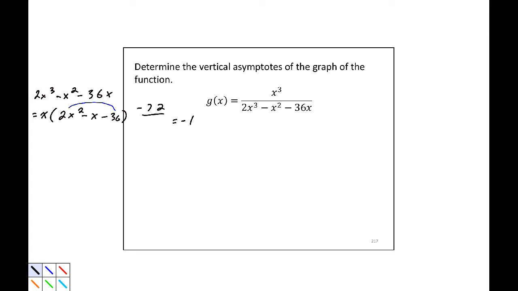Now running through that list fairly quickly, I've already done this. I find that 8 and minus 9 work well. So we're going to keep the x out here, but I'm going to factor by grouping. So 2x squared plus 8x minus 9x minus 36. We'll rewrite that as 4 terms, and then the first 2 terms have a 2x in common, which leaves us with an x plus 4, and the second 2 have a minus 9 in common, which leaves an x plus 4,